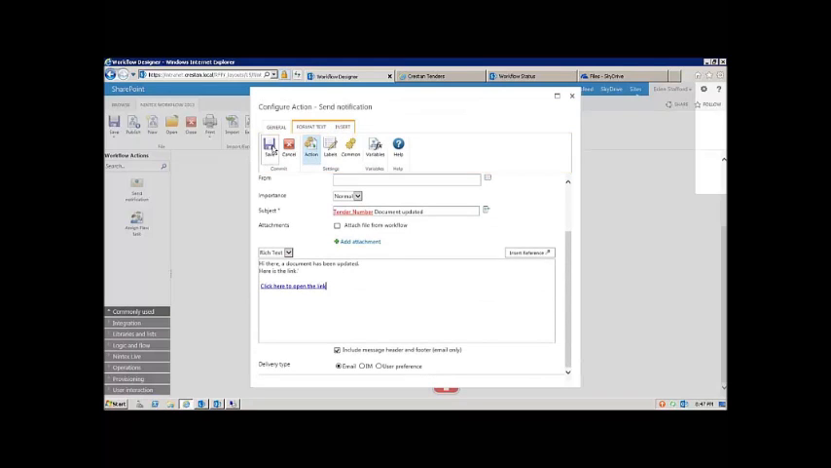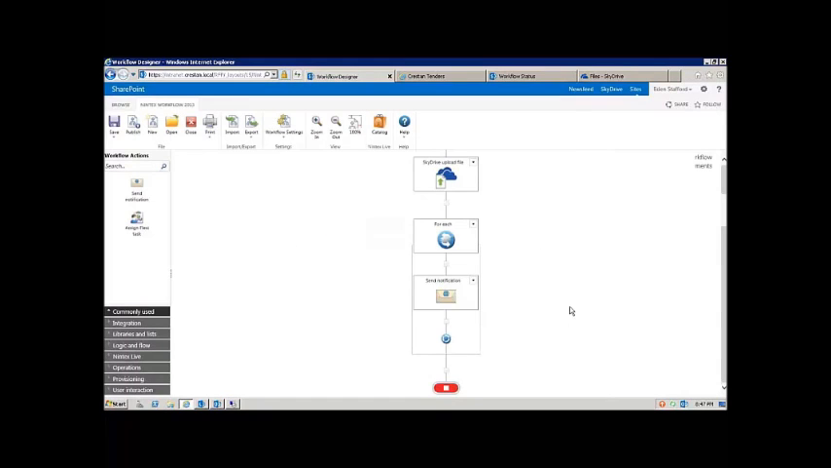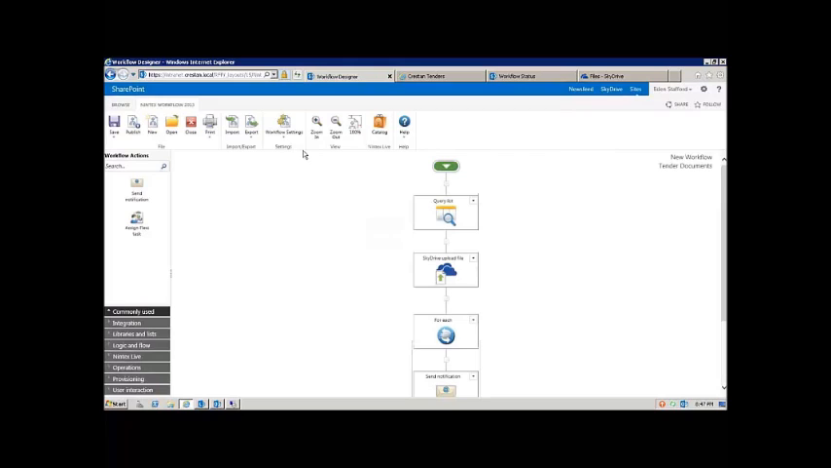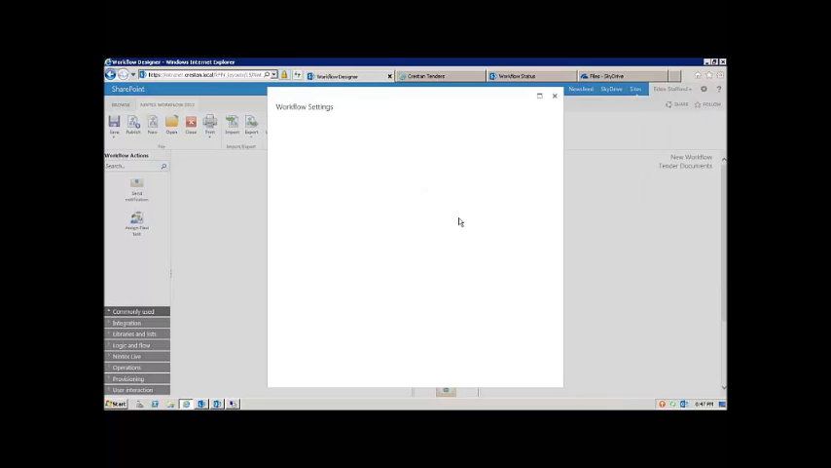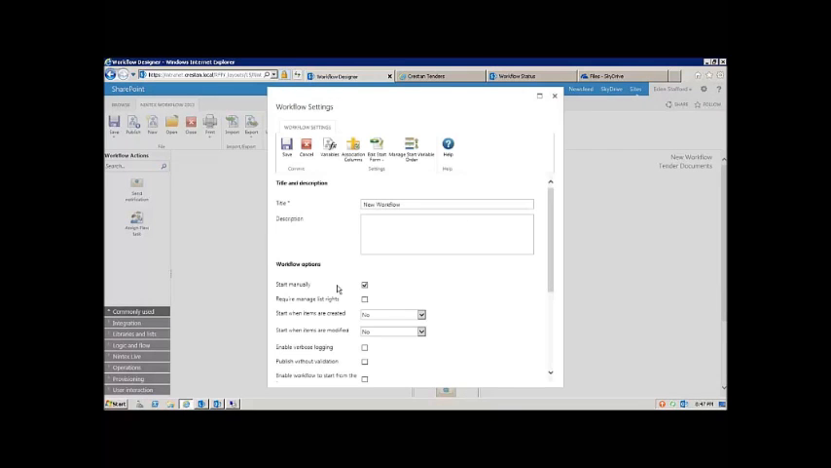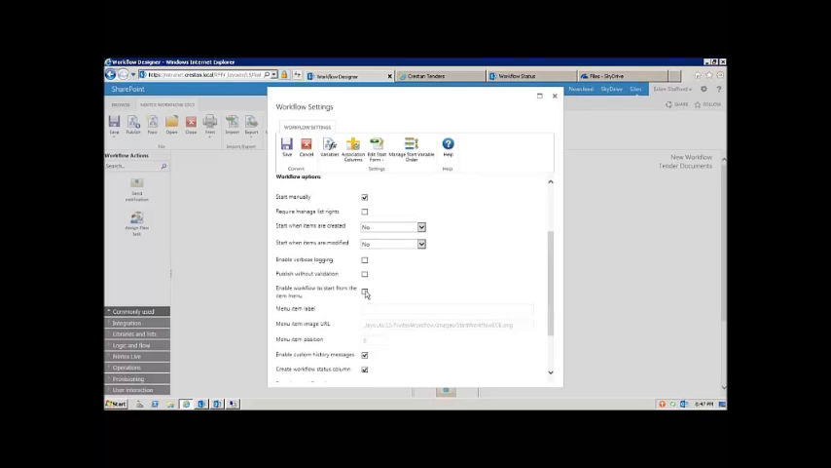And save. So one of the things I can do now is actually make this a little bit easier for my end users and go into workflow settings. Now this needs to be a manually started workflow. This is not something that starts automatically. So we want to call this send update,